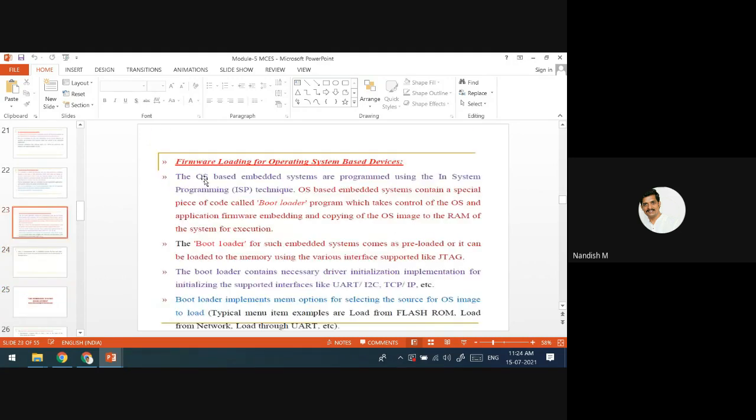The last one is firmware loading for operating system based devices. See, till now what I said is that there may be operating systems, and also the embedded system may not require an operating system itself.